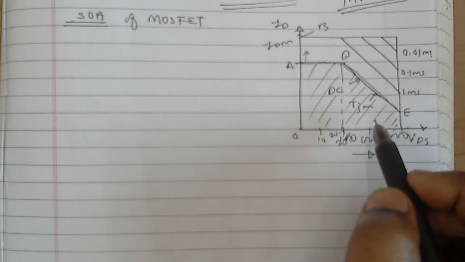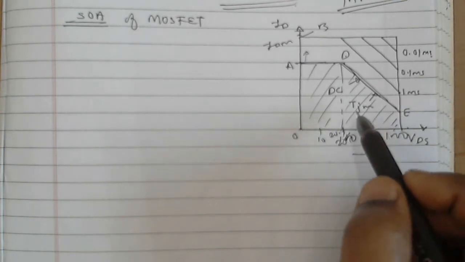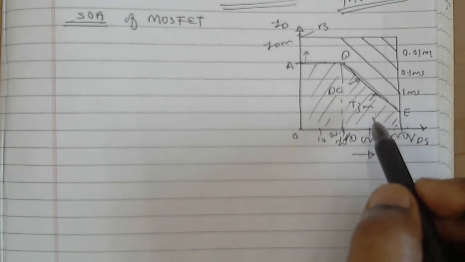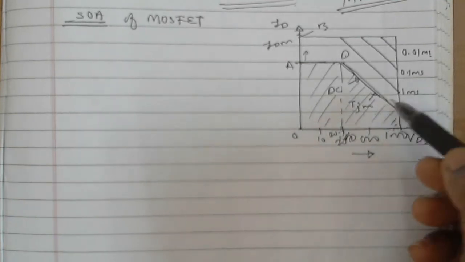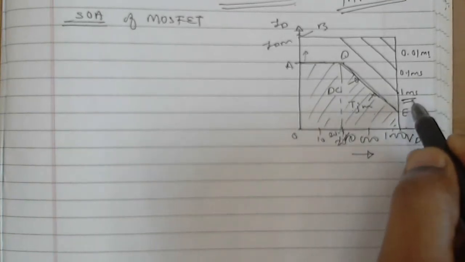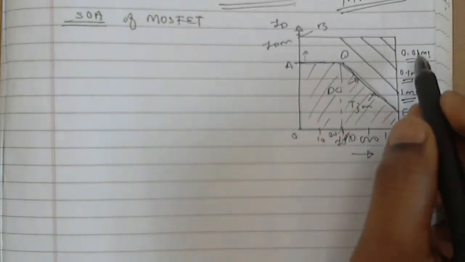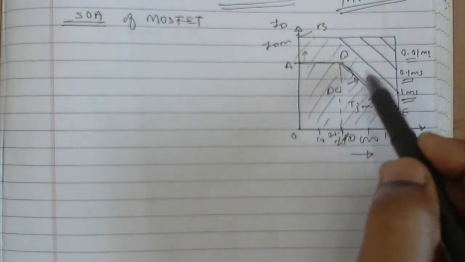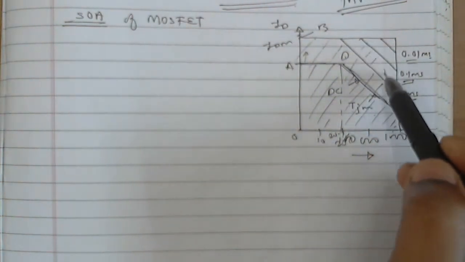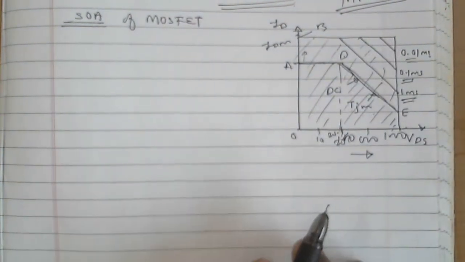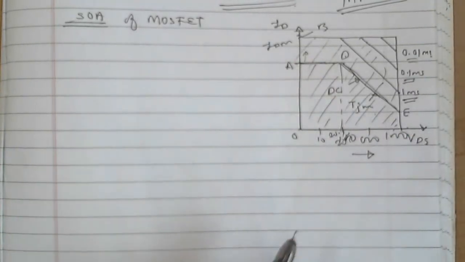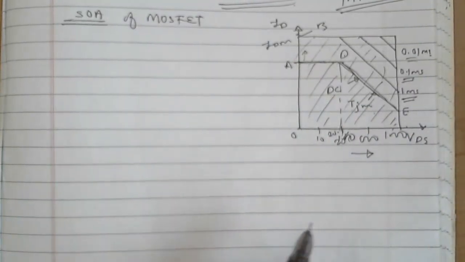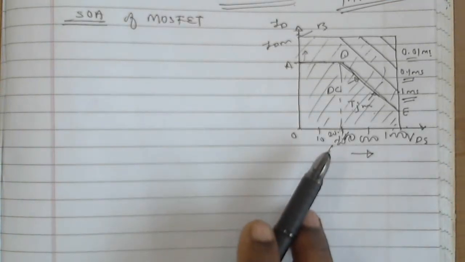So that the junction temperature does not exceed the maximum rated value, which is TJM, the maximum junction temperature. And if pulse operation is there, then as the pulse width goes on decreasing, the safe operating area can be increased further. If your device is working for some time, not continuously, then obviously its safe operating area can be increased. So this is the safe operating area for a MOSFET.